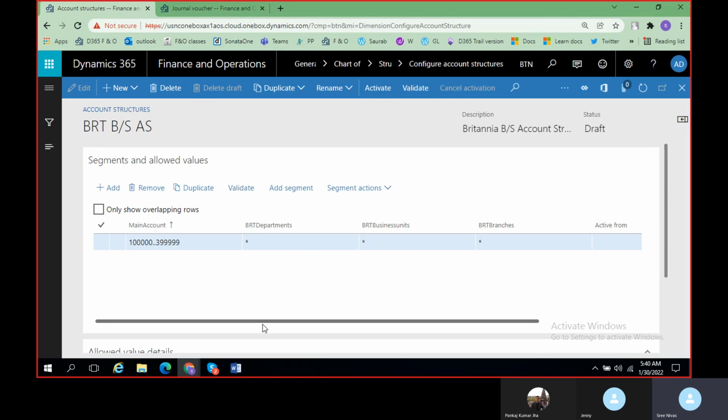Like any fixed assets or vehicles or anything. That's why I'll just make it mandatory and ensure that after giving the main account range,